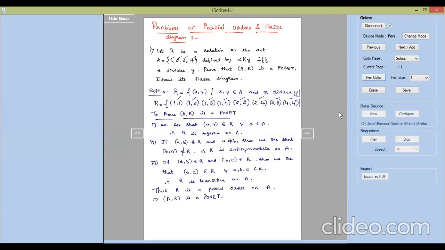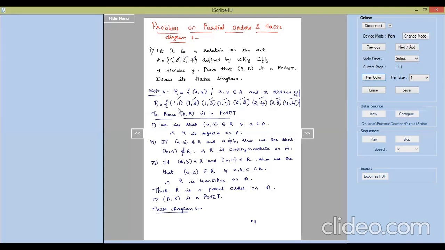Looking into the relation R, we will be drawing the Hasse diagram, and while drawing the Hasse diagram, we take care of the three conditions we discussed in the theory. So let us draw the Hasse diagram. Firstly, we need to draw the vertices one by one, starting from the bottom. Starting from the bottom, we will draw the graph usually. So I will consider here the vertex 1. Starting from 1, we observe the relation R here.